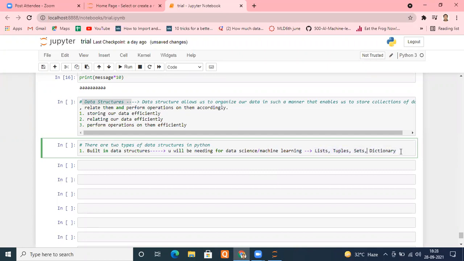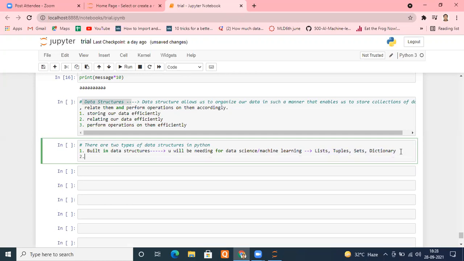The second one is user-defined data structures. I think many of you may have heard the names, but I'm going to type them. Examples: stack, linked list, queue, tree, graph, hash map.